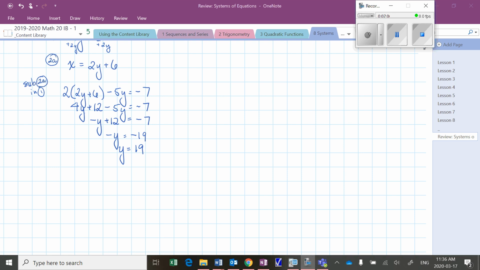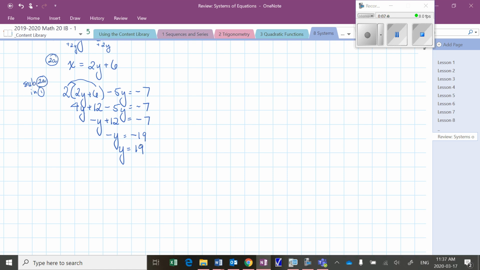Okay, so we distributed that 2 into our brackets. Okay, so that 2 was distributed in, so we've got 4y plus 12 minus 5y equals -7, and then cleaned up, collected our like terms, so 4y and -5y is -y plus 12 equals -7. Subtract 12 from each side, so -y equals -19, and we can multiply both sides by -1, so y equals